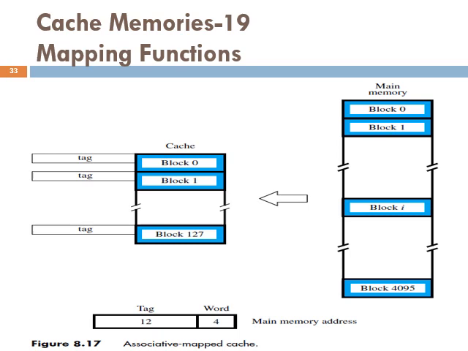The complexity of an associative cache is higher than that of a direct mapped cache because of the need to search all 128 tag patterns to determine whether a given block is in the cache. To avoid a long delay, the tags must be searched in parallel. A search of such kind is called an associative search.